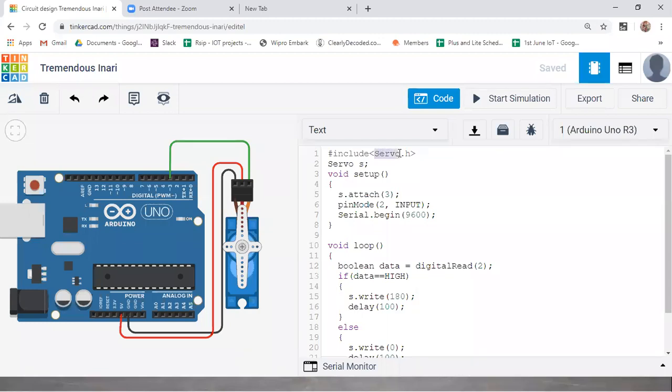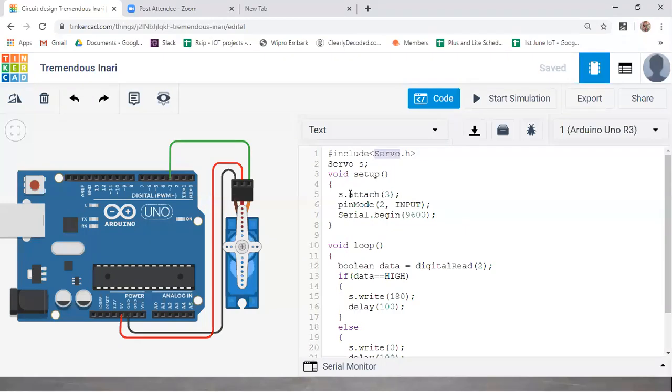You need to include that servo library first. It is used to define a variable, to use the functions involved in this module, so you need to import it, right?